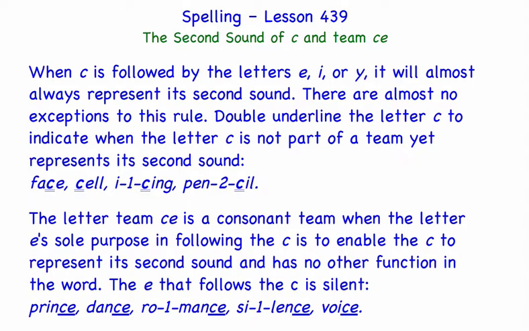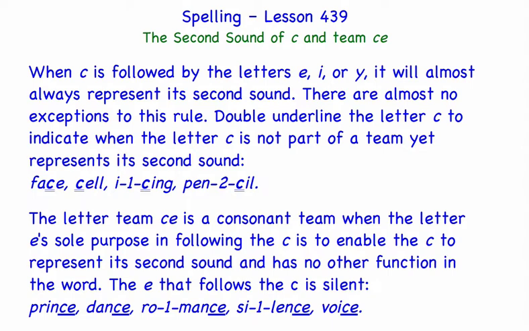And the only job E has in the word silence is to cause C to represent its second sound. And then finally in the word voice, we have OI as a vowel group 6 team followed by CE. So obviously a silent E at the end of the word voice has no impact or influence on a vowel team. So we know the only reason the E is there is to cause the C to represent its second